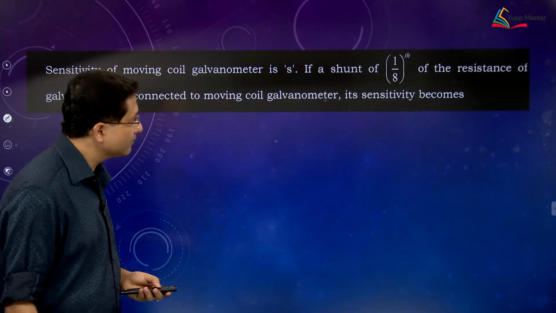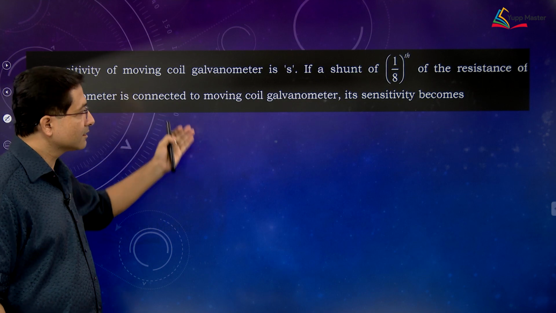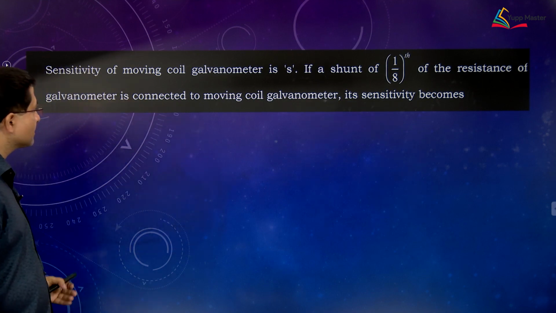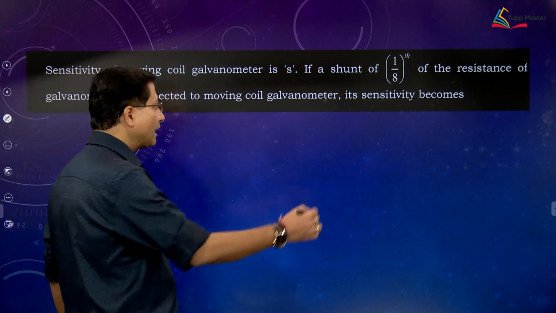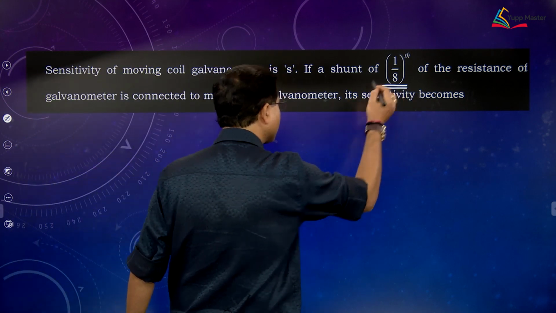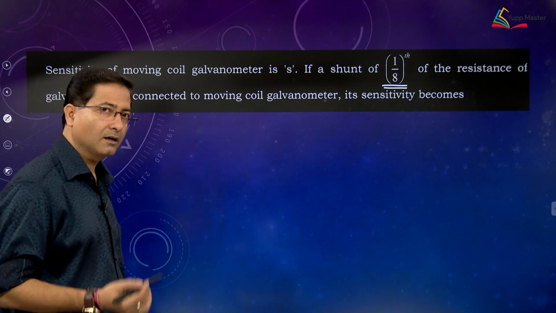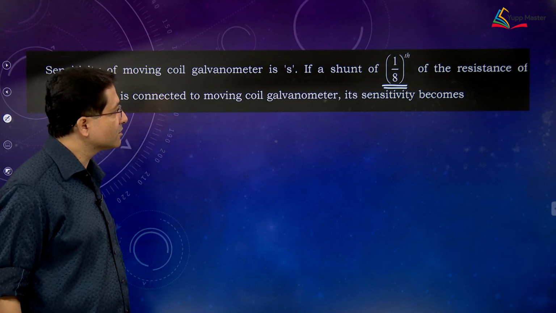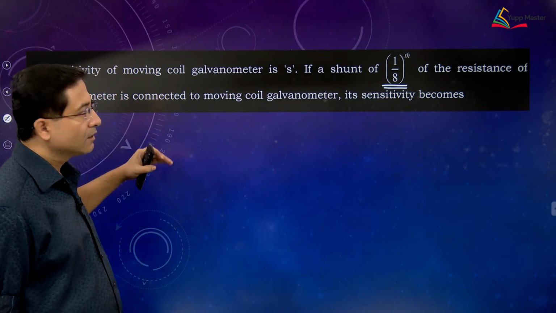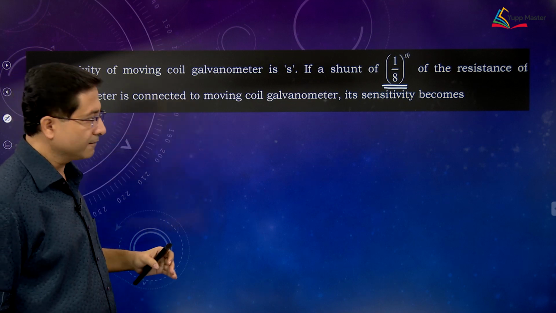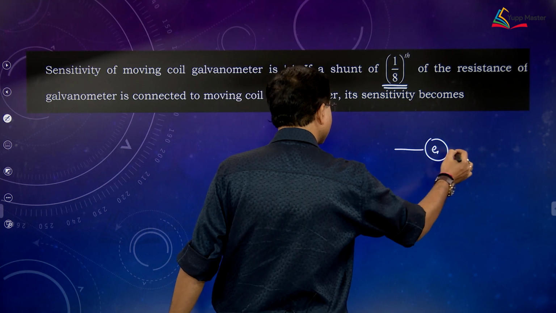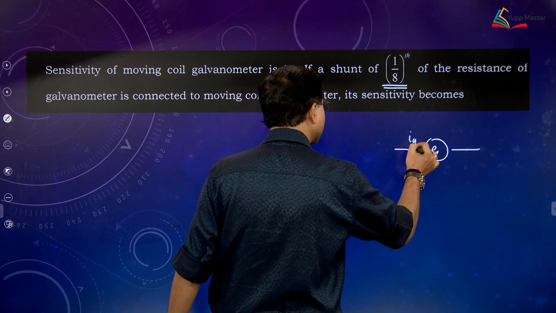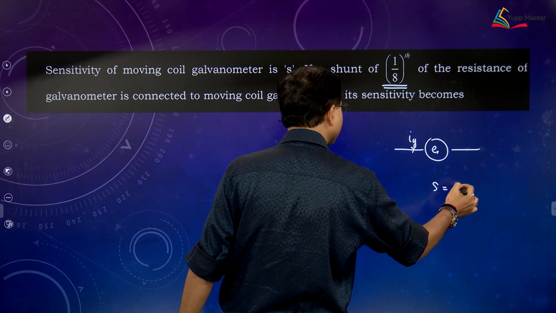Now one last point, look at this example: the sensitivity of a moving coil galvanometer is given as S, and we have connected one resistor in parallel of resistance 1/8 of the resistance of the coil. Now how is sensitivity getting affected? So if I say that we have got one galvanometer and the maximum deflection current is Ig, then the sensitivity will become